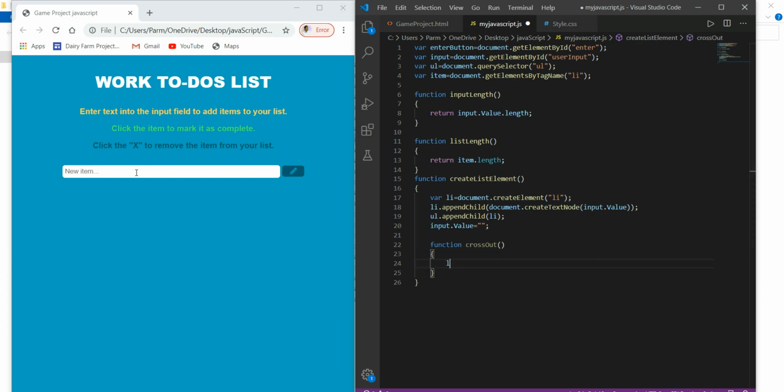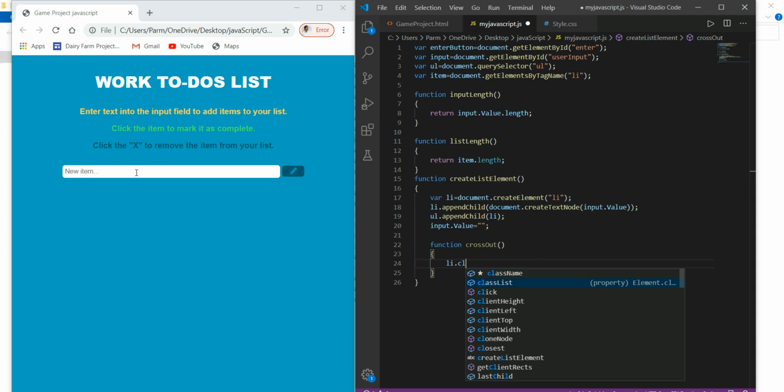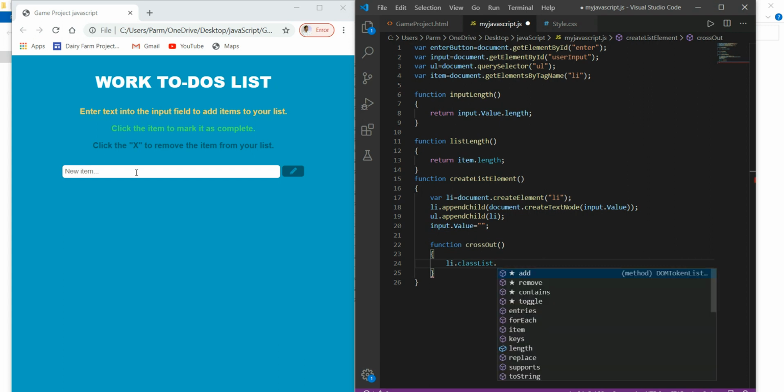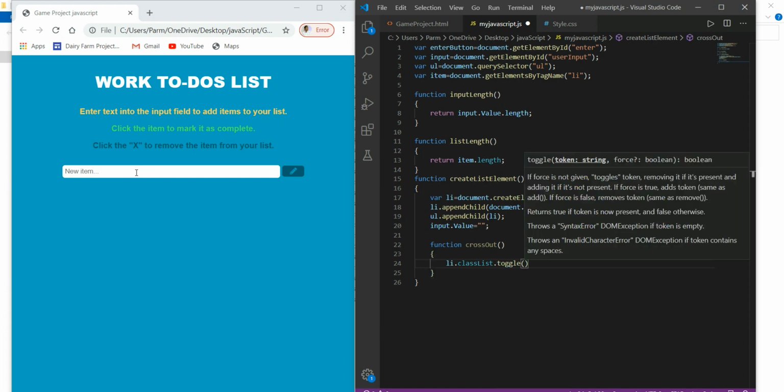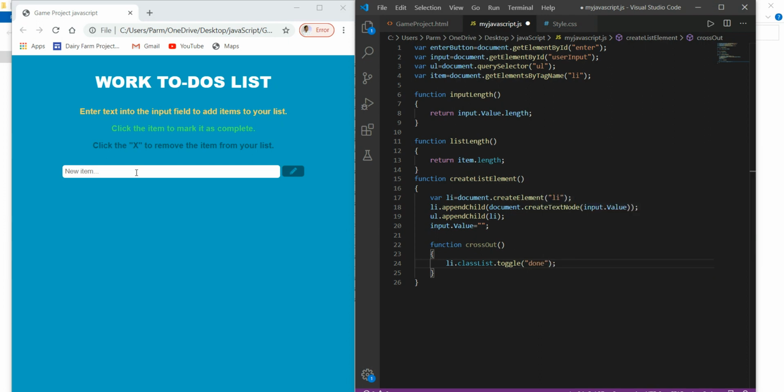So here I write list.classList method, and here I have used its toggle property, and to this I will give the value done. Okay, so this is done.